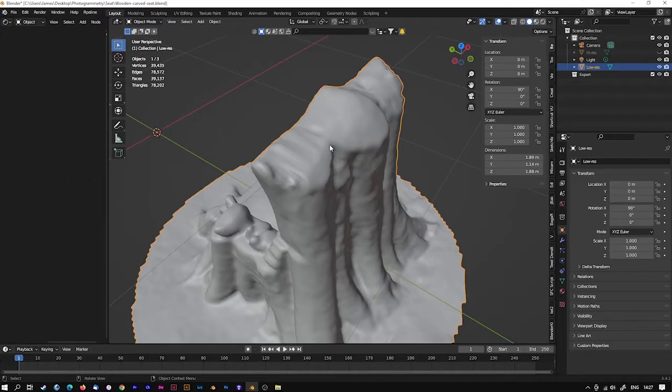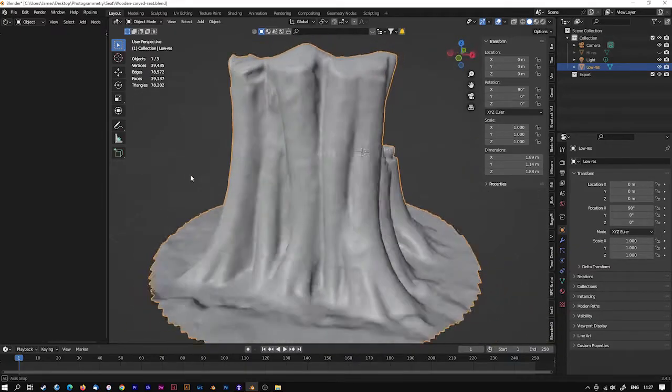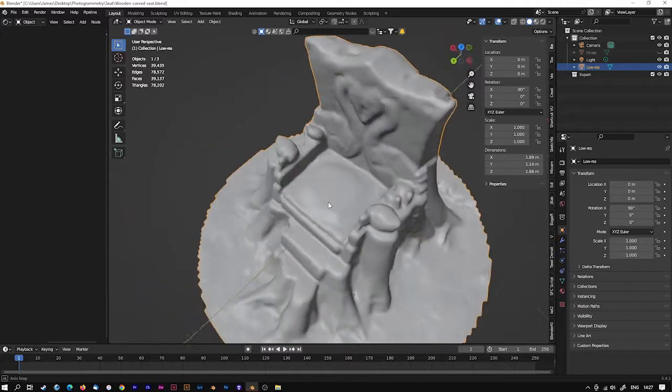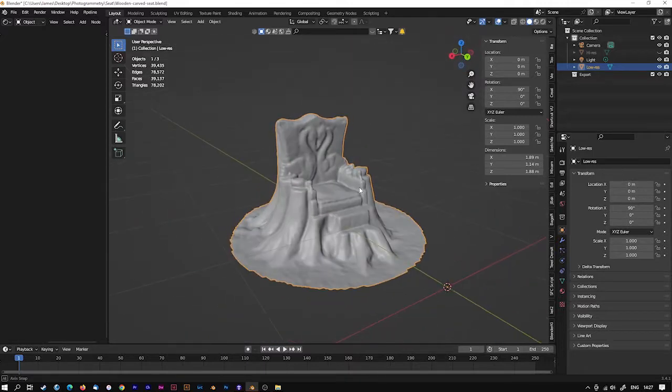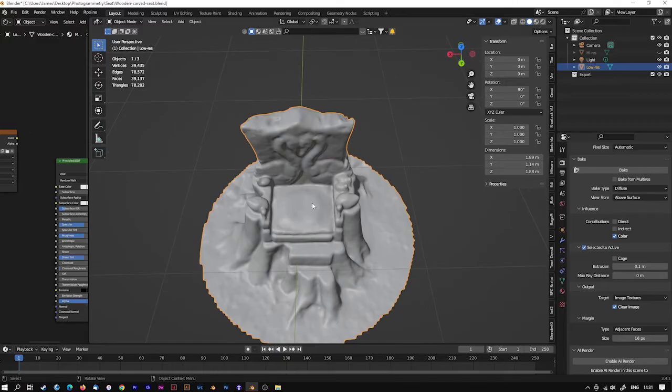Once we've applied all of the textures, there are going to be holes in the textures which we're then going to clone out using texture paint. But for the time being, that is now a model without any holes in it. So that's looking pretty good. Now, before we can bake the high resolution onto the low resolution, we need to first of all unwrap this